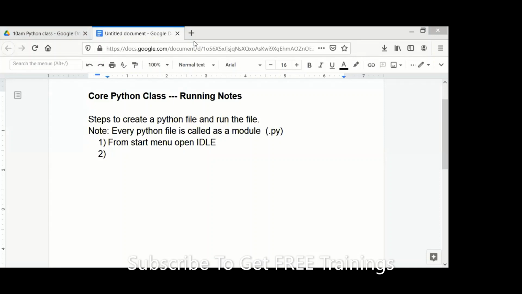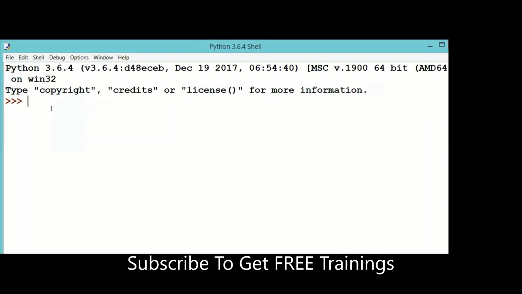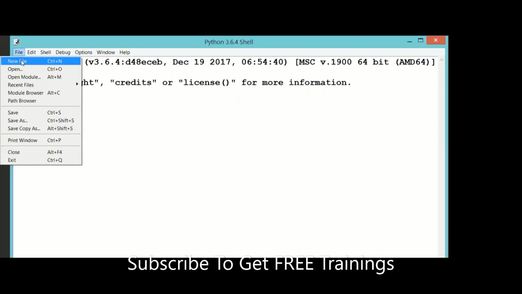So this is IDLE, everyone. This is what you can see on screen. Open IDLE. In IDLE, go to File, New File.